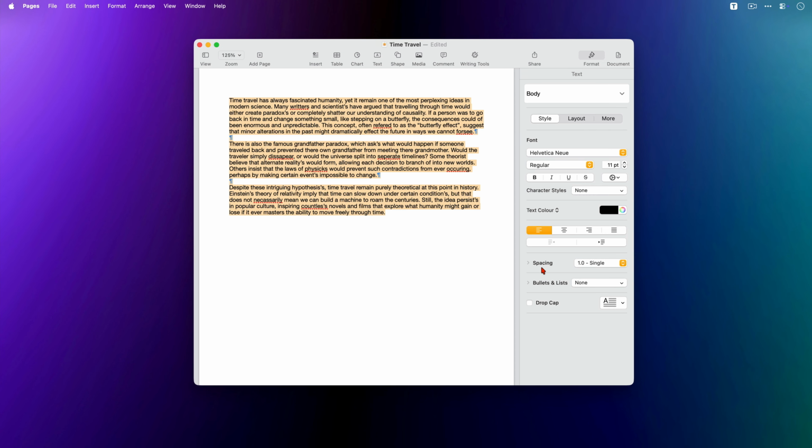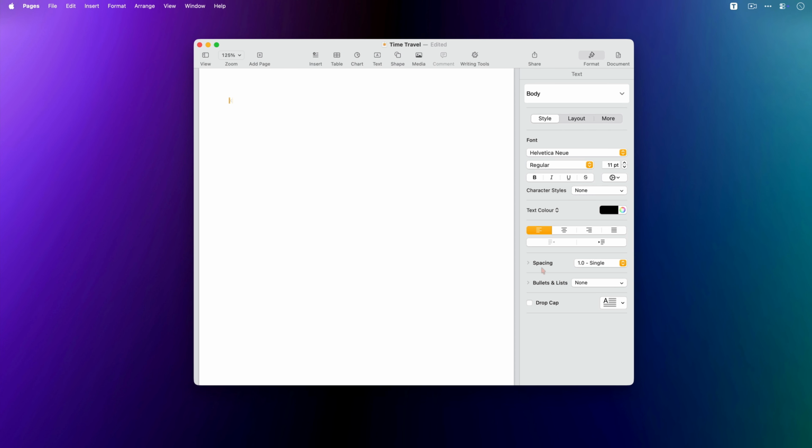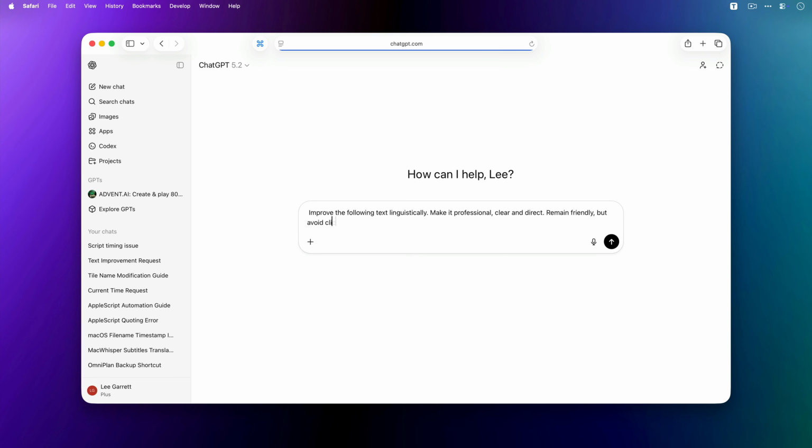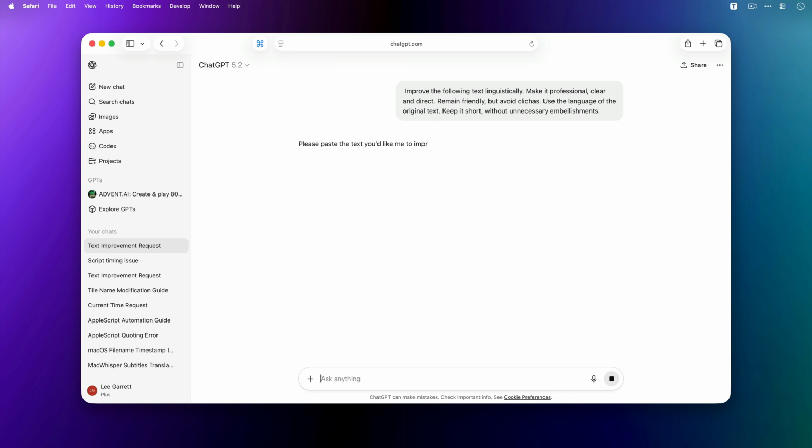I'm going to get all of this text onto my clipboard, then type in my prompt, and we can see Safari opens on the ChatGPT page. And that's not me typing or fast forwarding, that's Typinator running the script, which is typing out the prompt for me. I'll paste in the text,